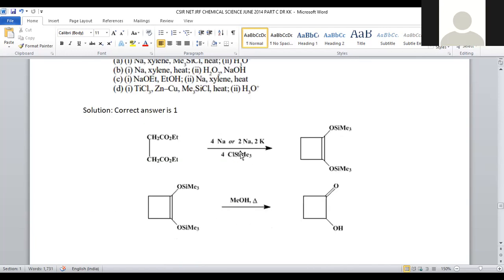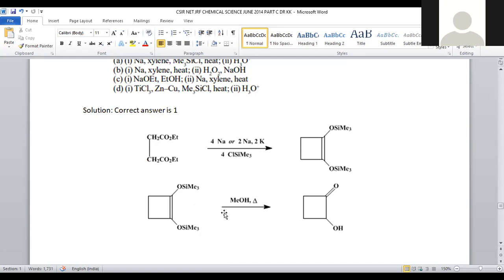Upon treating with 4 moles of sodium and trimethylsilyl chloride, the trimethylsilyl chloride will participate in the ring cyclization. Being a system of 4 carbon atoms, all 4 carbons participate in the ring cyclization. Here we get a double bond with OSiMe3, OSiMe3, because 4 equivalents of trimethylsilyl chloride are employed, so silylation is possible at these positions. So a disilyl derivative got generated.